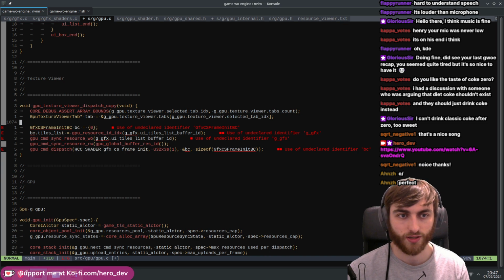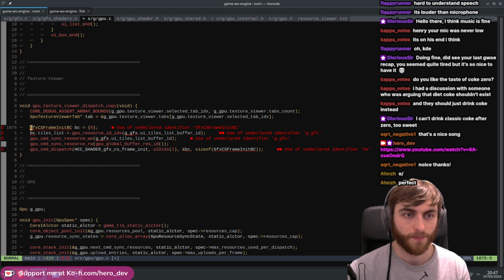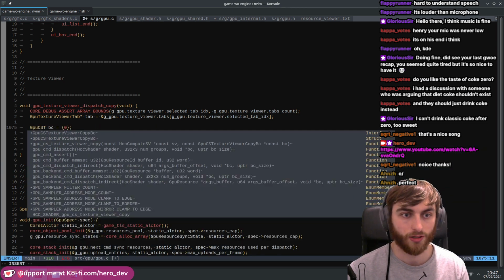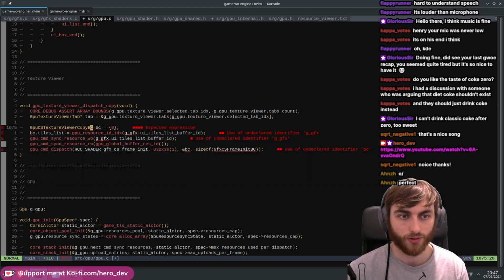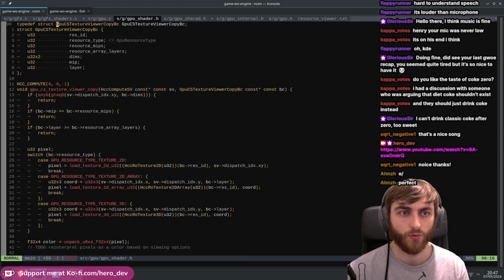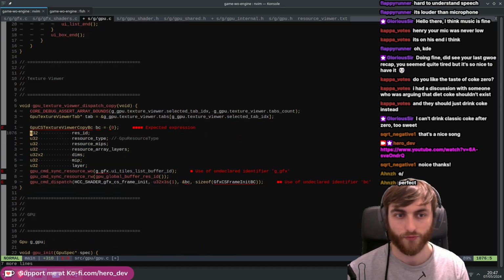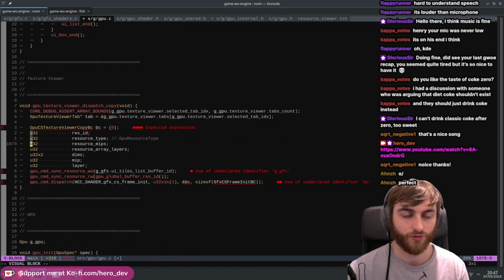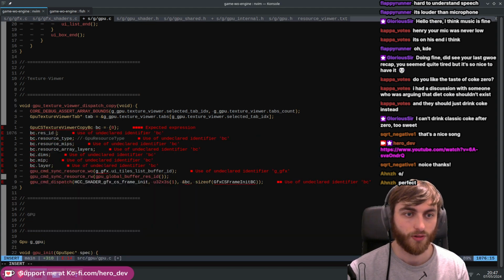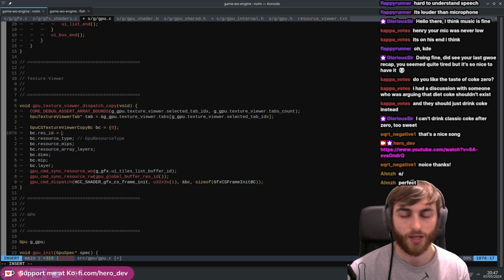Got a nice bounds check in there. So GPU compute shader, texture copy, bundled constants. Now we're going to fill in all of these things with the settings that we have from the texture viewer itself. So BC dot,